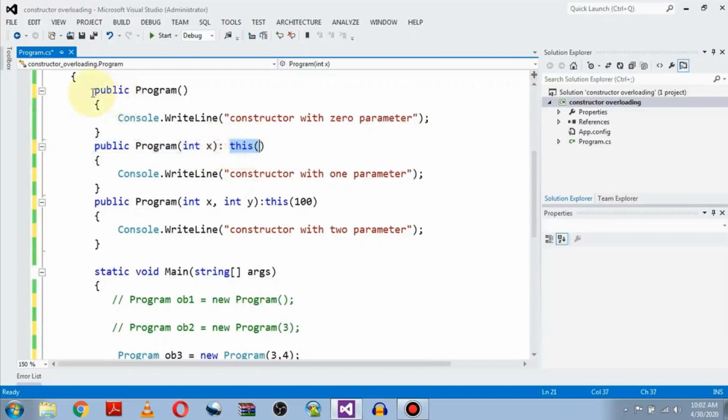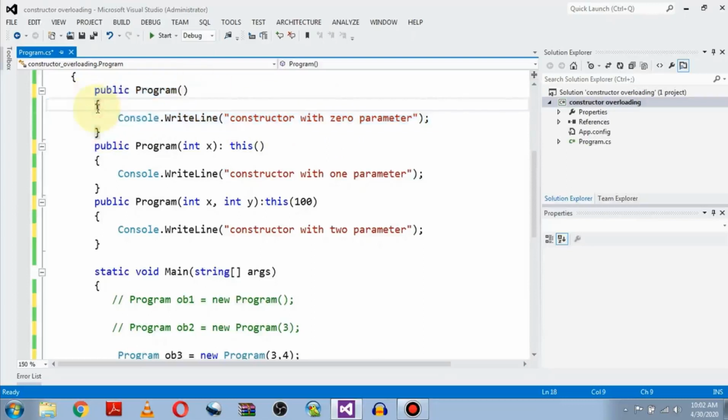So the control goes to constructor number 1, which is having 0 arguments. This constructor is not connected with any constructor, so this constructor function will be executed. So the constructor message will be printed.